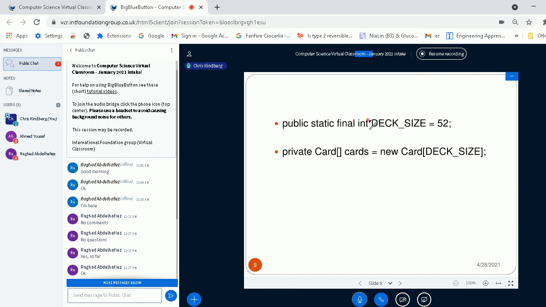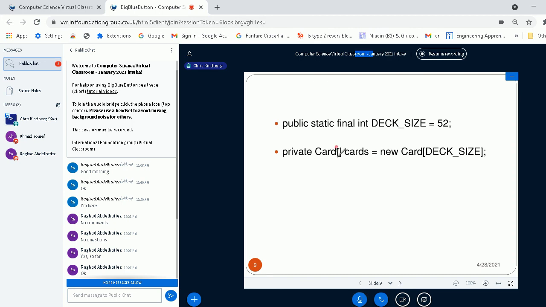In other words, the value of this deckSize is going to be 52 no matter in which deck object deckSize occurs. So if I've defined deckSize to have a static value, it's always going to be 52 in every single object.